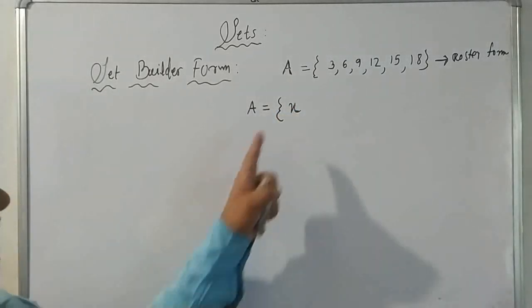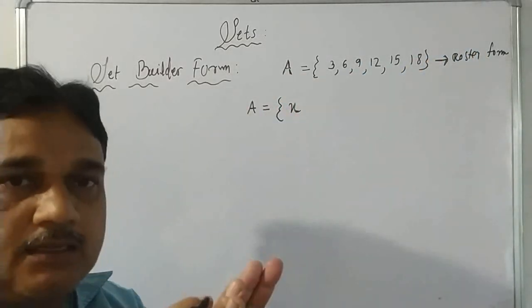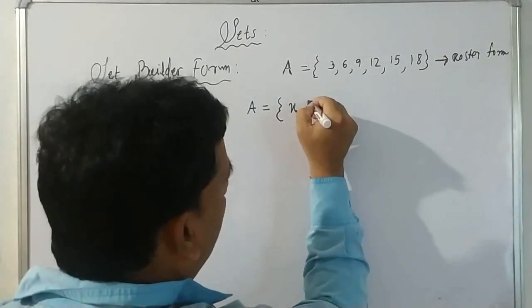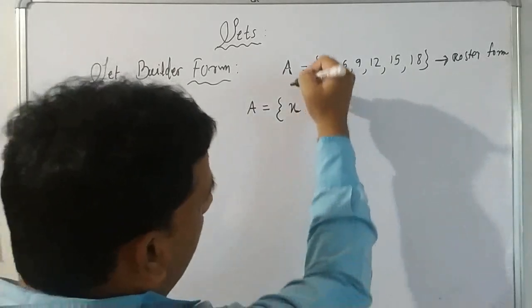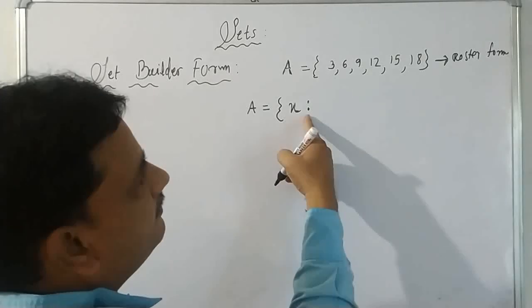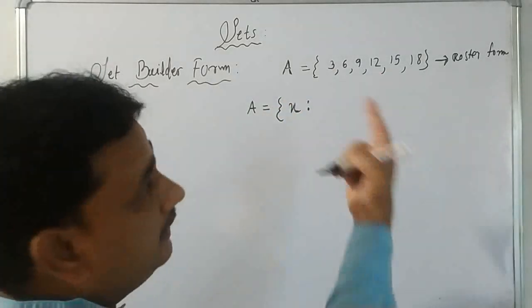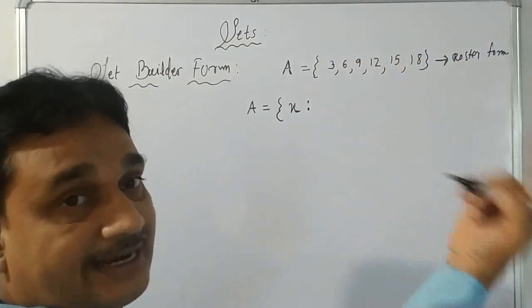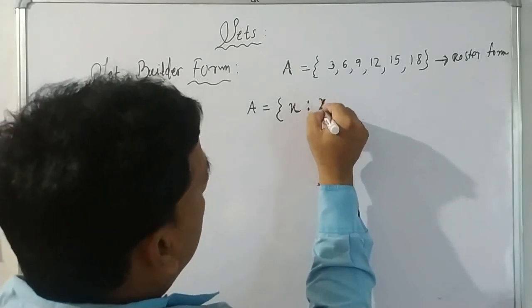Okay. x means for all the elements you have taken x. So x is the common property. Now you put a colon, or you can put a horizontal line also. Its meaning is "such that". So what is x here? You have taken all as the common property x. Then how to describe it? Now you have to describe x here. x is equal to